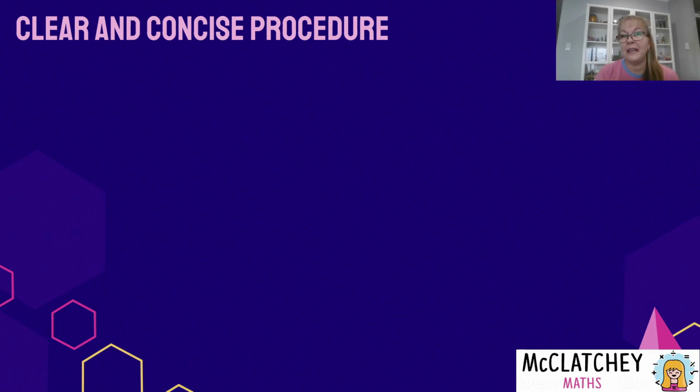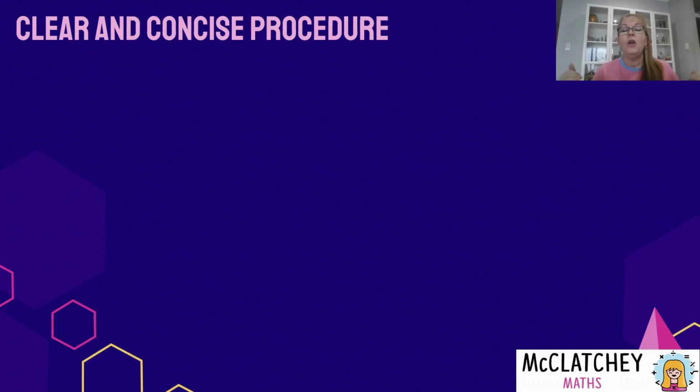Now, this is the next part of your assignment, a clear and concise procedure. So it should be very clear, step by step, how to solve the problem, and it should be concise. It does not need to go for pages. I would recommend that you start when you get your task sheet. Sometimes you get your problem-solving modeling model on there, and you could start writing your procedure with the basic steps. And then as you start solving the problem, you may go back and continue to edit and populate this section